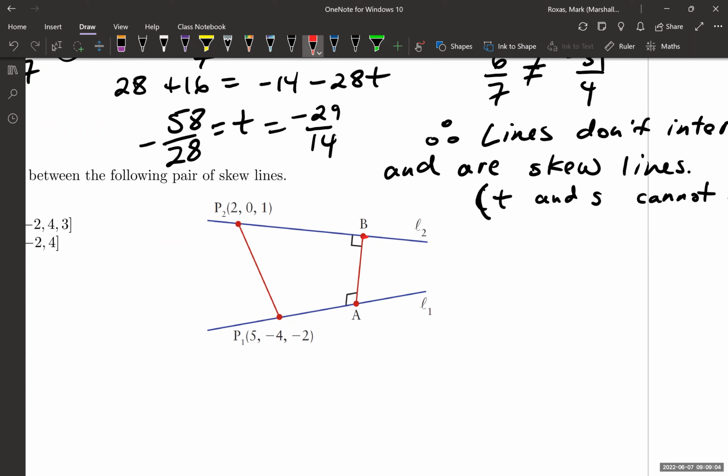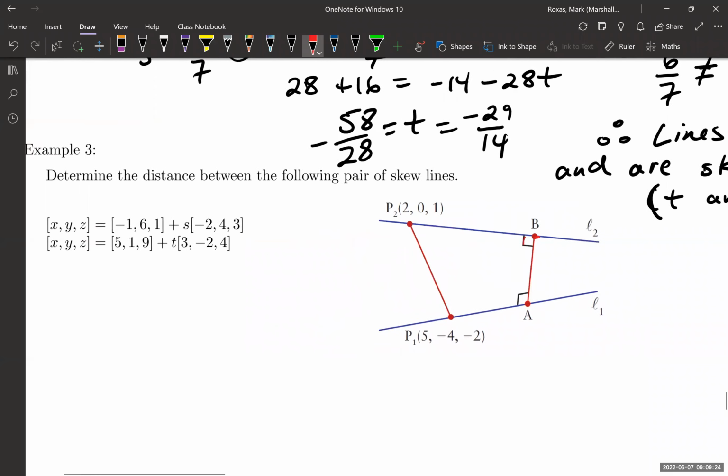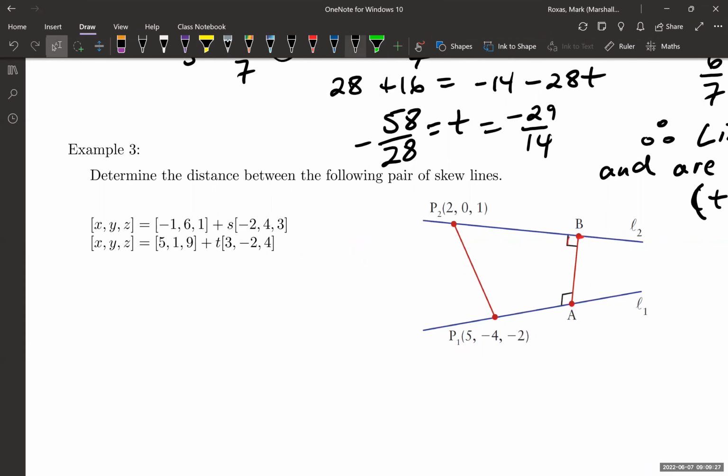Okay, so you could create any set of lines between the two lines. The shortest distance ends up being, geometrically speaking, the perpendicular to both line 1 and line 2. Okay. Now to find that distance, we're going to go back to a little bit of a thing in chapter 7